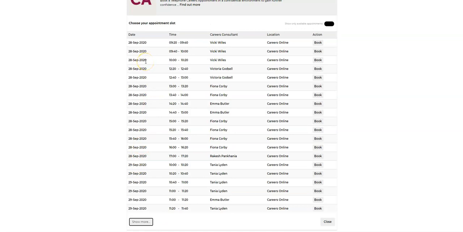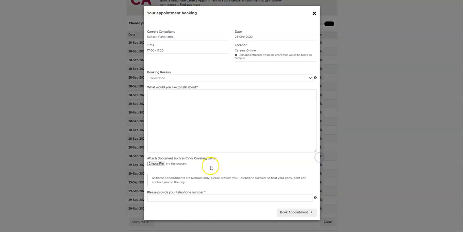You can have a look up to 7 days in advance of all the appointments that are available. You can see that it has the date, the time, the careers consultant and the location. Currently it's careers online because we're working remotely. For this example, I'll be using this one here, so I'm just going to click on book here and a